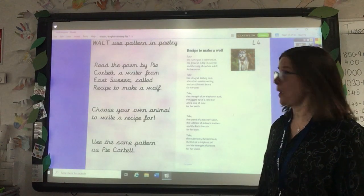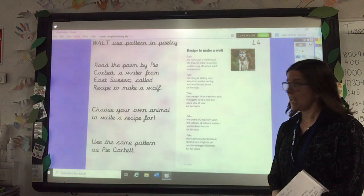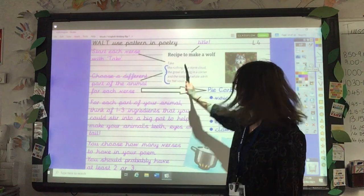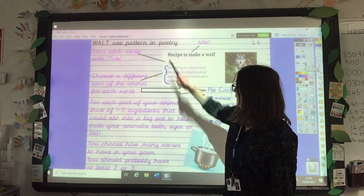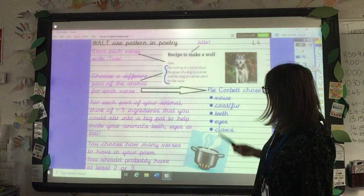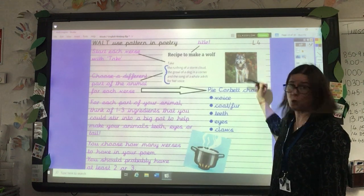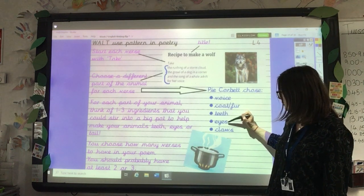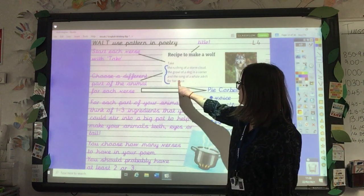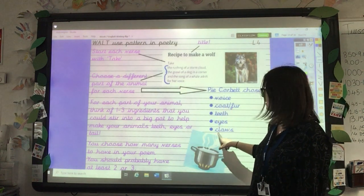So really powerful poem. It's basically a recipe to make a wolf. And you can see there's a very clear pattern in this poem. Each verse or stanza begins with "take", and then for each verse, Pie Corbett chooses a different part of the animal. He's chosen the wolf's voice, then the wolf's fur or coat, then the wolf's teeth, then eyes, then claws. So each verse ends for her voice, for her coat, for her teeth, for her eyes, for her